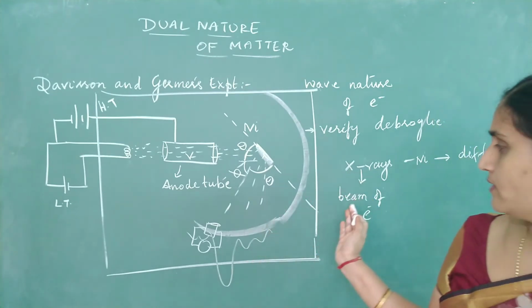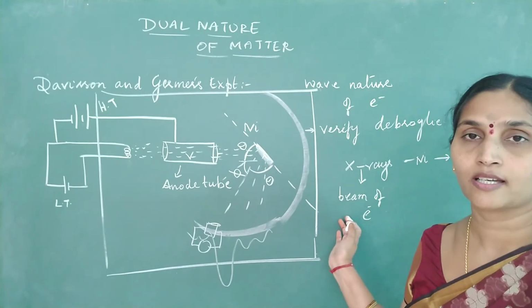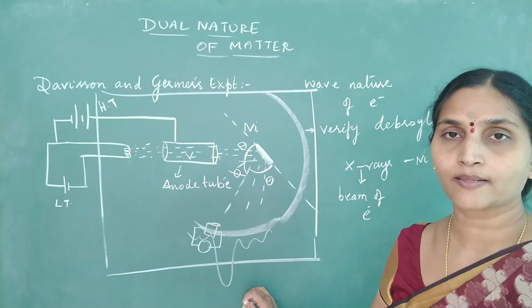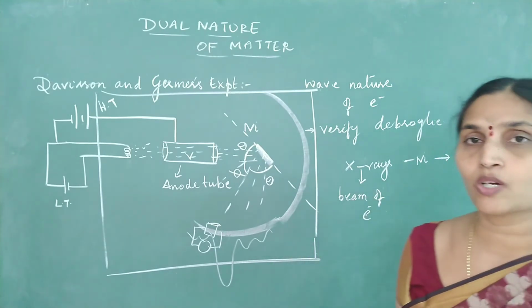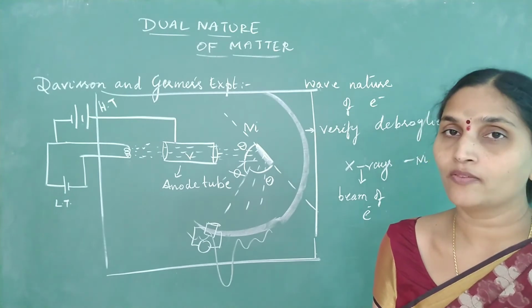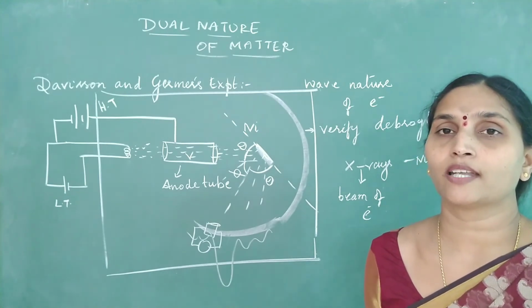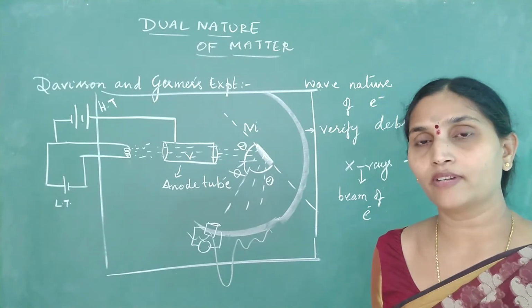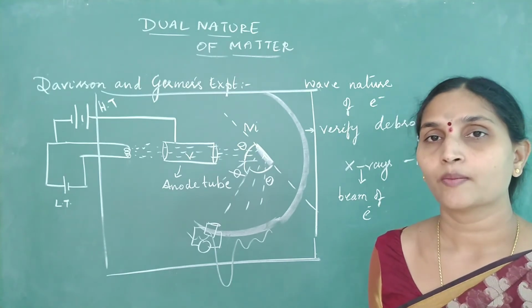They wanted to verify, if X-rays are replaced with a beam of electrons, whether electrons also show a similar phenomenon or not. We know diffraction is because of the wave nature of light. If the electron beam also shows a diffraction pattern, then you can prove that electrons have wave nature. Apart from this, they not only verified it, you can know the wavelength of these electrons by using